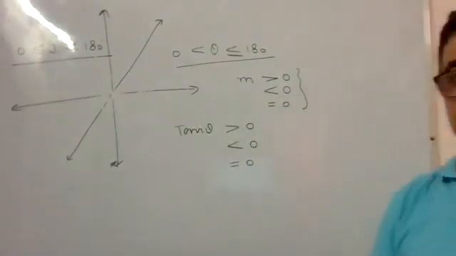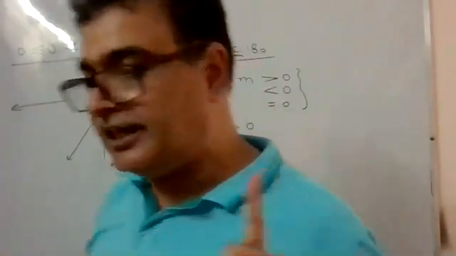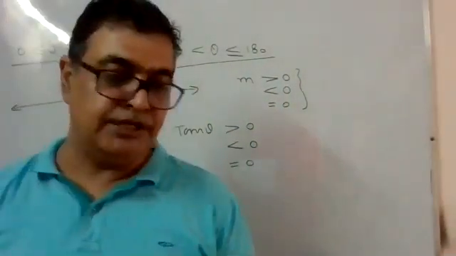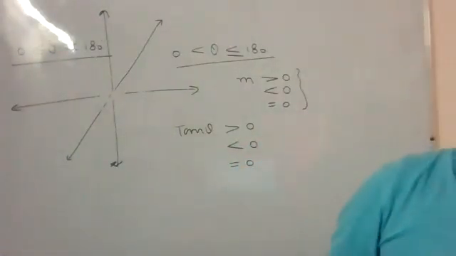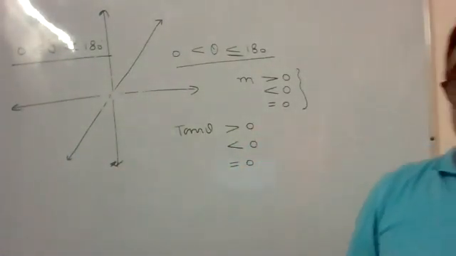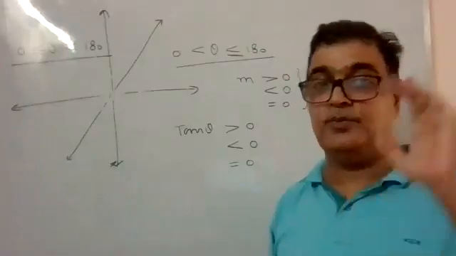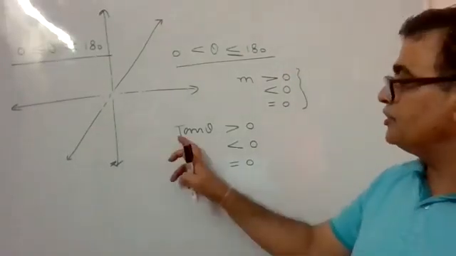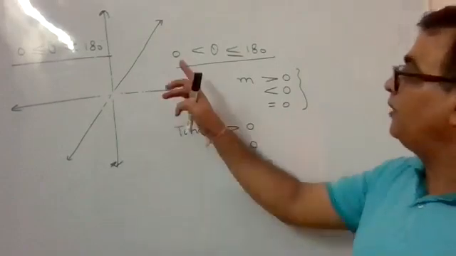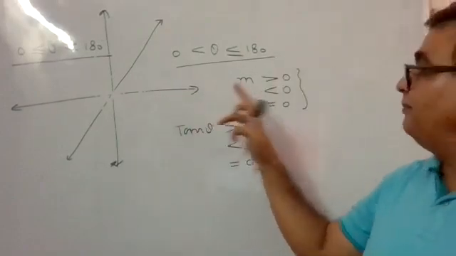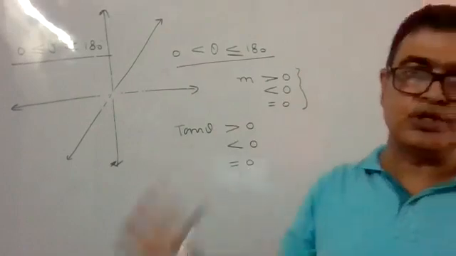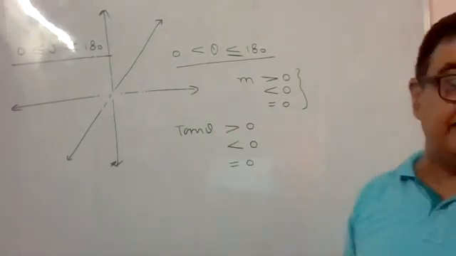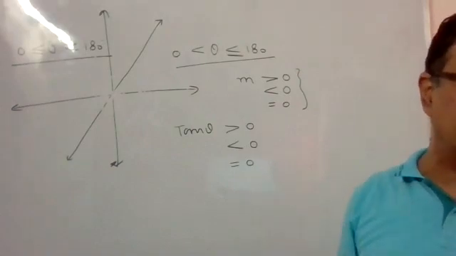So slope of tangent theta, कहां से कहां तक जाएगा? थीटा जाएगा हमारा 0 से 180 के बीच में। थीटा ऑलवेज कम बिटवीन 0 and 180. But where tan theta will be, we will say tan theta can be a positive value, can be a negative value, can be 0. So we should say tan theta, that is the slope, come out to be greater than 0, can be less than 0, can be equal to 0. बिल्कुल लाइन सेगमेंट की कोई डायरेक्शन नहीं होती, लाइन की कोई डायरेक्शन नहीं होती।